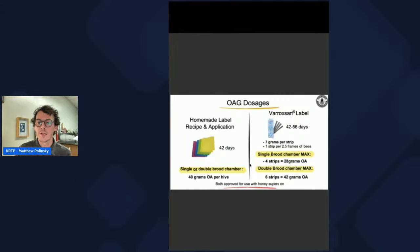So just in comparison now to the homemade label and recipe, it's the same pretty much. It's also 42 days, but the label says 40 grams of oxalic acid per hive, single or double brood chamber. Okay, so single or double, you'll put on 40 grams per hive, whereas with Varoxan, you'll put on 28 grams per single brood chamber. And as per the guidance of the company and the label, you wouldn't exceed 42 grams in a